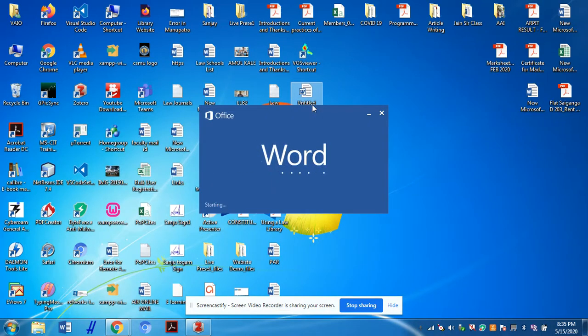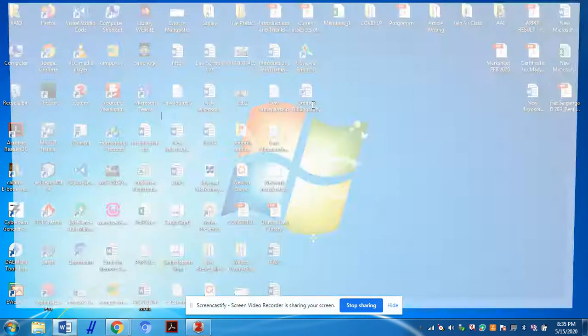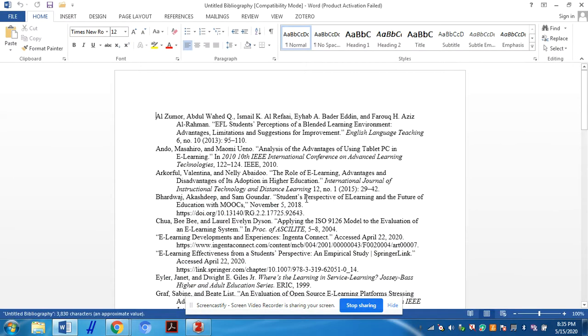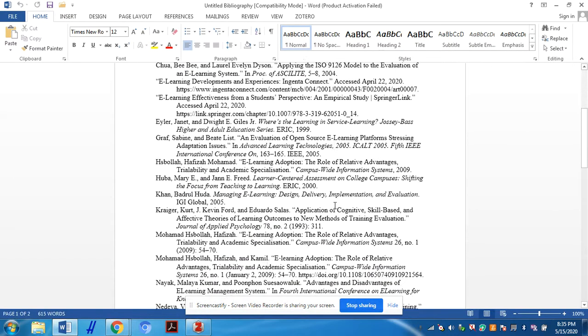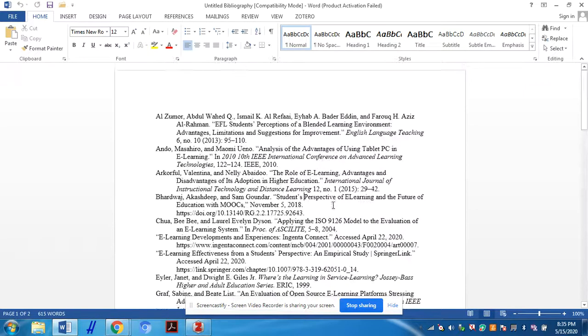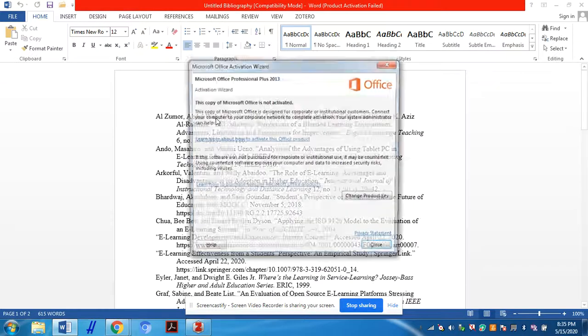Whatever articles you have downloaded in the e-learning folder, it is opening. This is the bibliography that was created, and it is open in Word format.